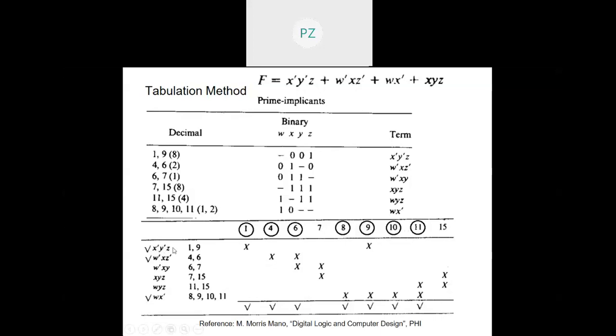Like if you don't include this one, could not be covered. If you don't include this one, then you see which one? 4 will not be covered. If you don't include wx dash, then there is no way that you could have included 8 and 10, right? So we should be very clear about the prime implicants, the essential prime implicants, and this will be my minimized